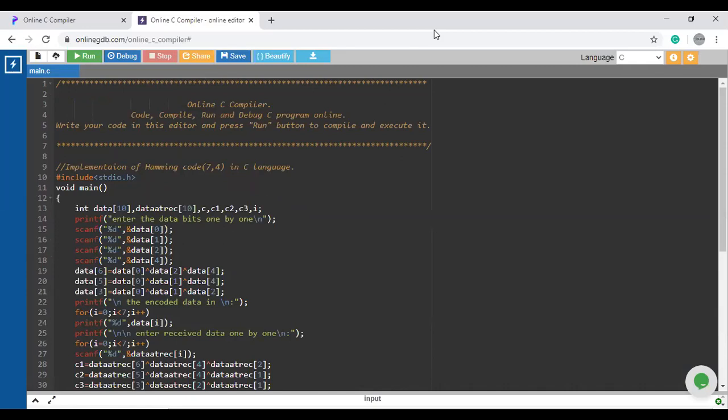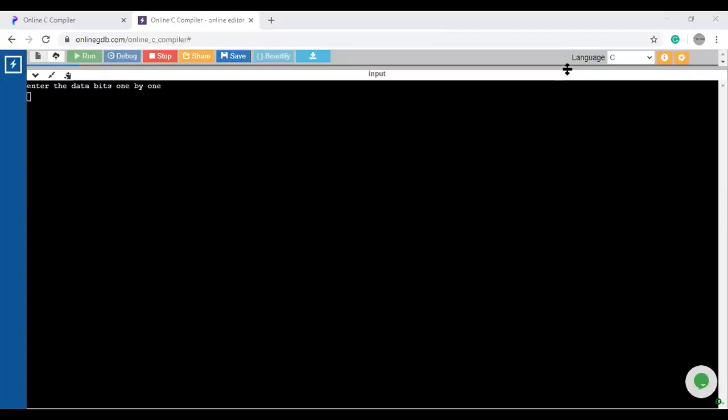So I will run this code. Enter the data bits one by one. So I'm going to enter the data. I entered 1, 0, 1, 0. So the encoded data is calculated, the complete data with parity bits.